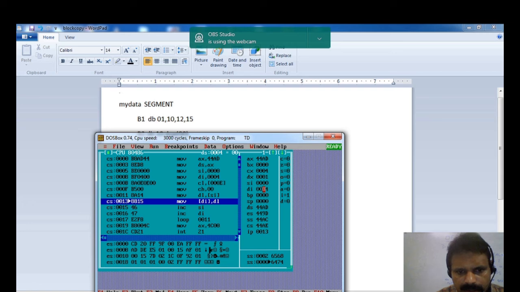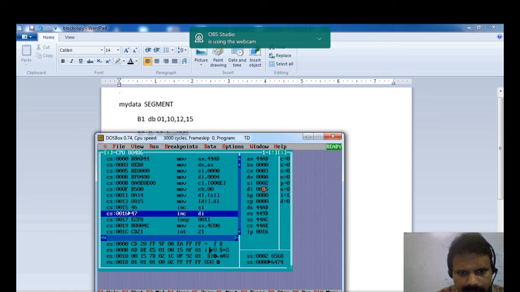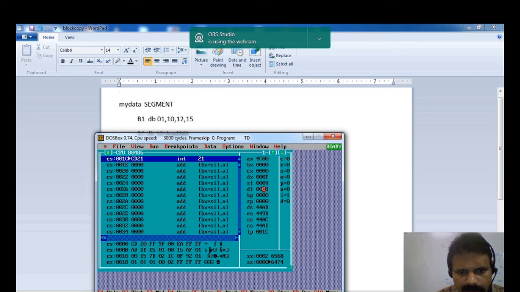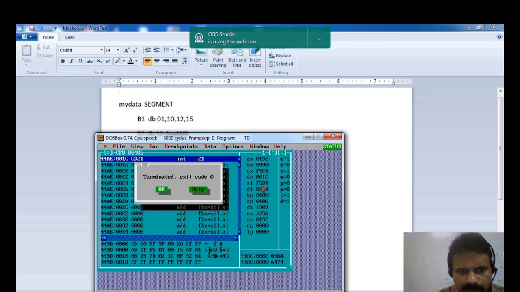Then it is moved, see the increment in SI and DI. See the looping. Third data, and this is the fourth data. Now CX became 0. Now the program is going to terminate.